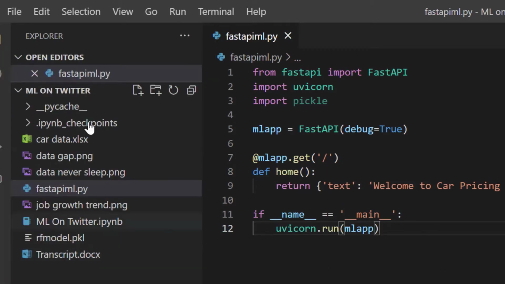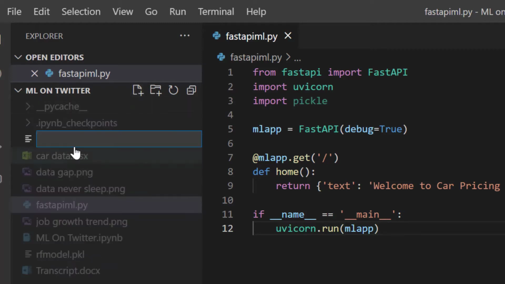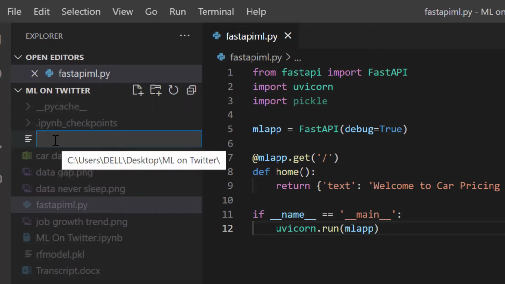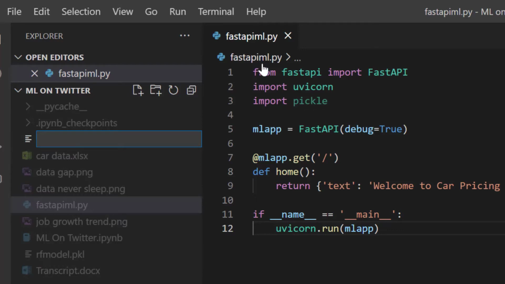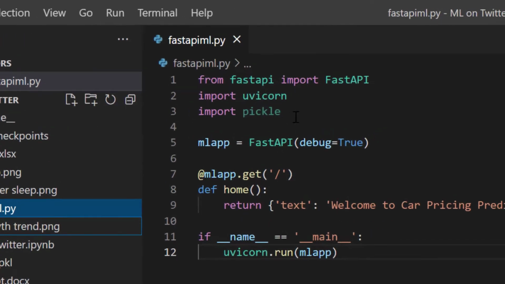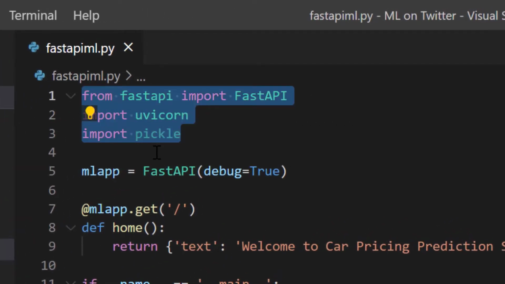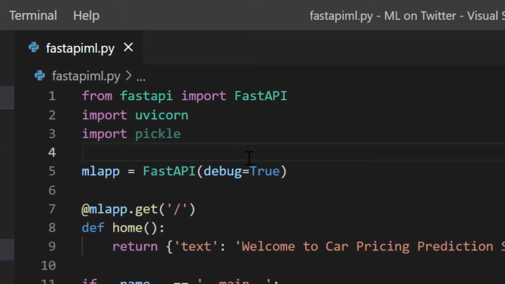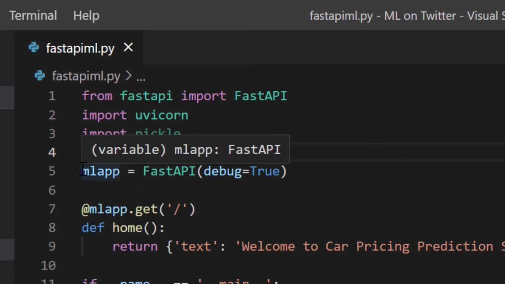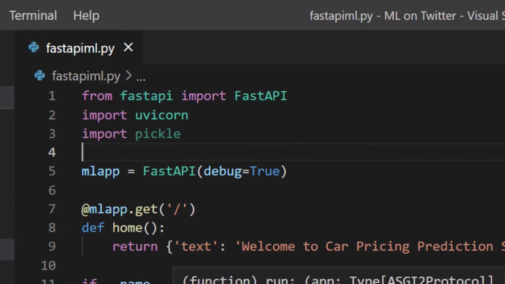These are all the files I have inside my project folder. Click on this icon here to create a new file and name your file. Call it anything. I called mine fastapi_ml.py. Right now I am importing my libraries here. From fastapi, import FastAPI. Make sure you follow the naming convention. Import uvicorn, import pickle. What I'm doing in line 5 is to instantiate my FastAPI app,